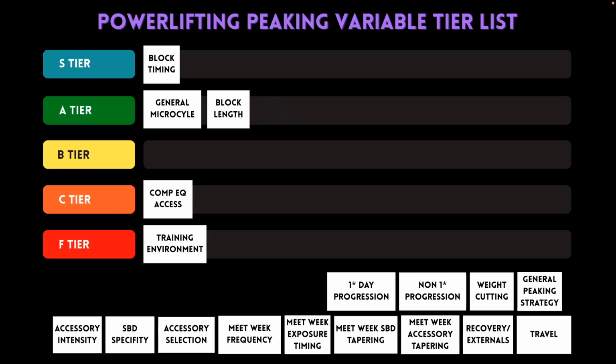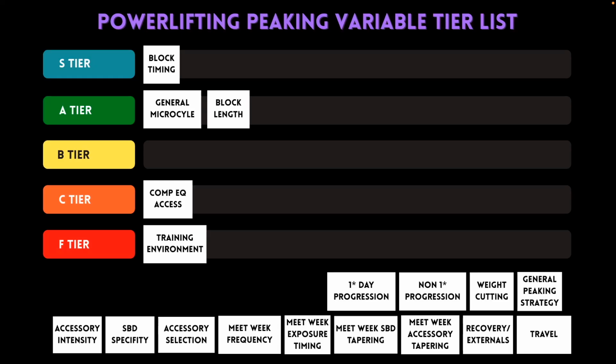Okay, cool. So the next one that we have here is the primary day progression. This is another variable that we just took from the previous tier list. Basically it's how much you're progressing your primary day on each lift throughout the block, and in this context, throughout a macro cycle as a whole, peaking into a meet. So basically talking about weekly jumps for the primary day and what RPEs you're hitting, what sort of intensities.